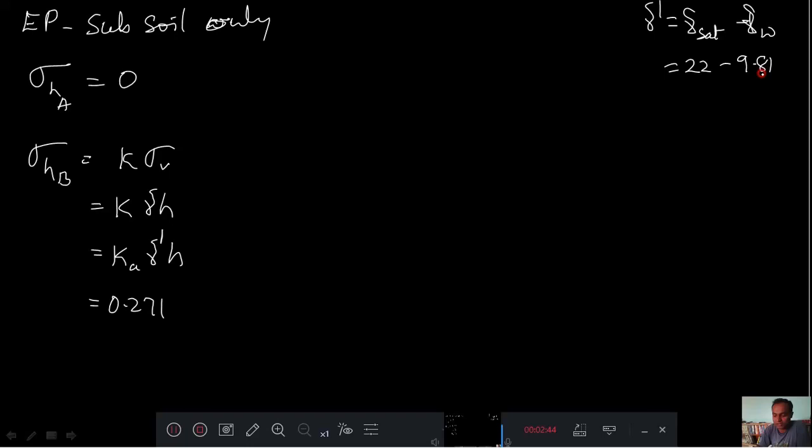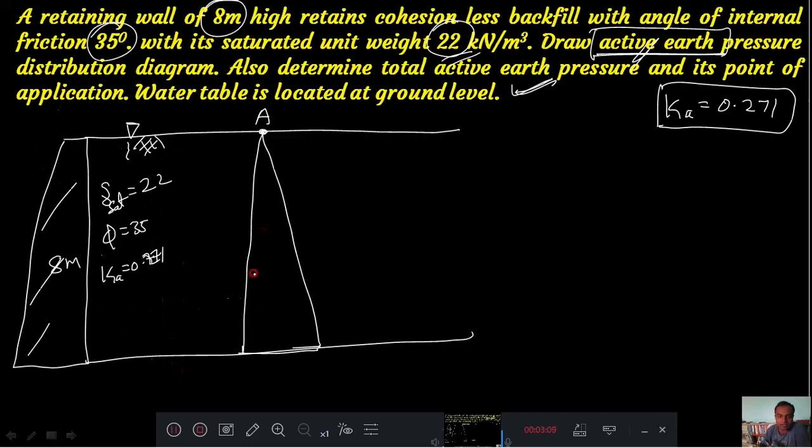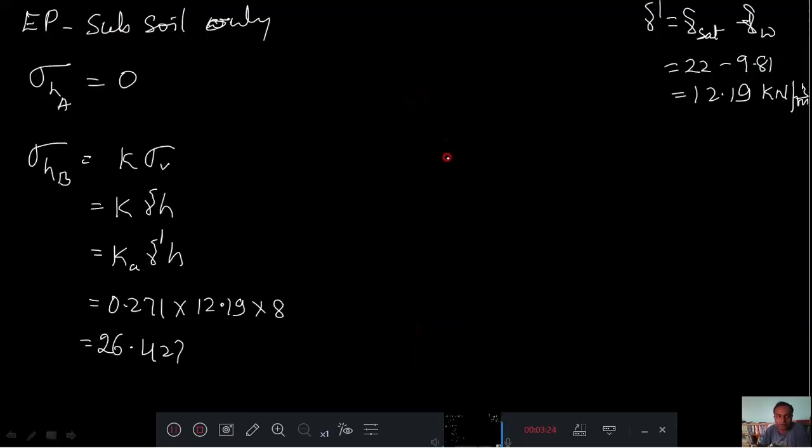9.81, sorry, 22 minus 9.81, that is 12.19 kilonewton per meter cube. That I will write here as 12.19, and height is 8 meter, therefore into 8 into 0.271, that is 26.427. Okay, then we have another triangle for water, and this triangle is only because of water, that is your